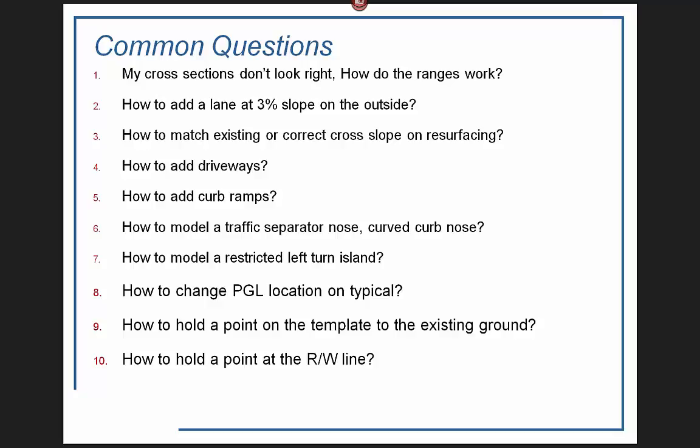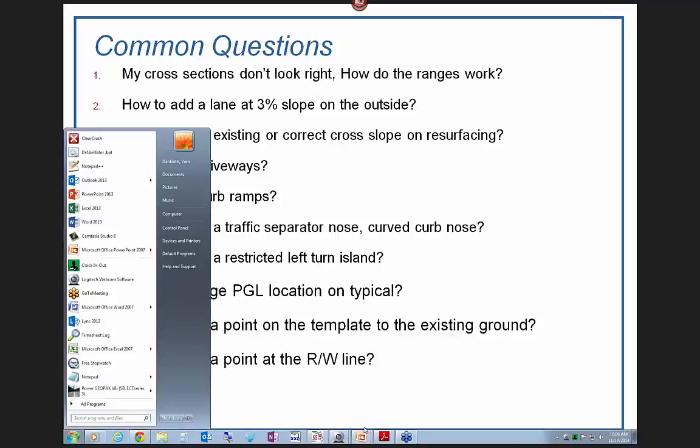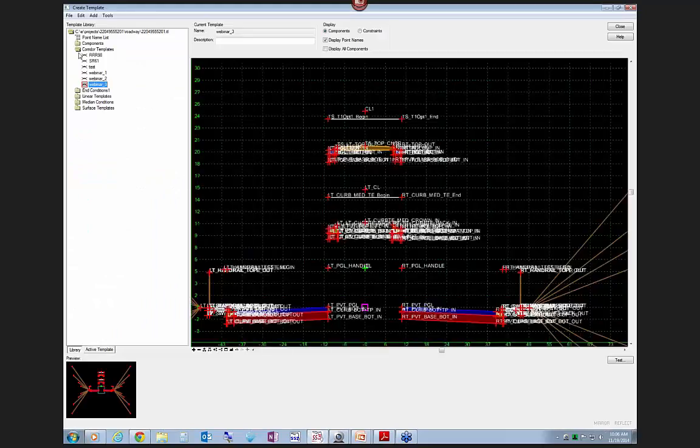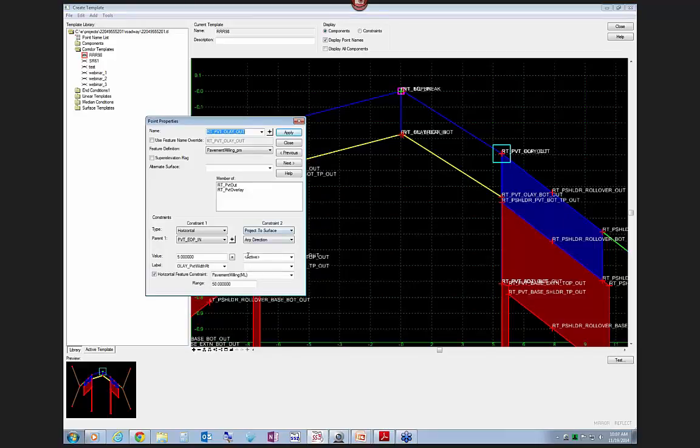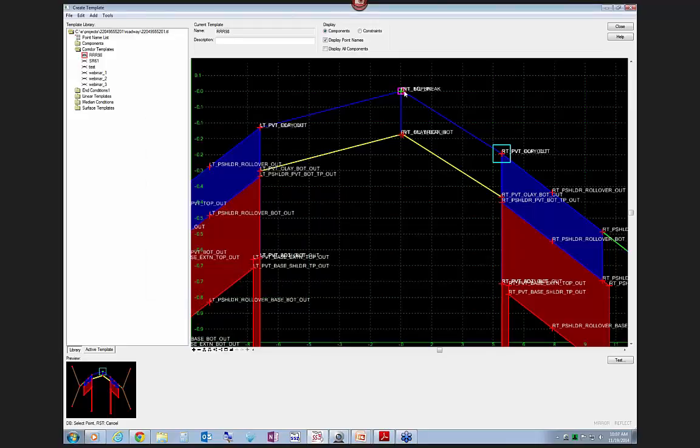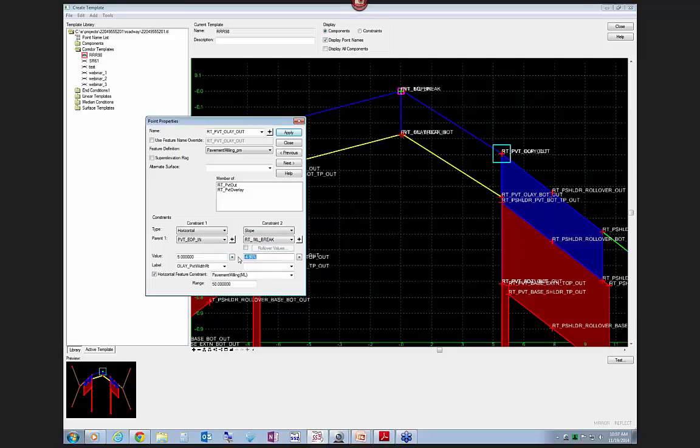That is as simple as editing that outside slope line, like for example in the corridor templates for the resurfacing. If you want to match existing between 2 points on your existing surface, then for your overlay component, you set the outside point to project a surface. If you want it to correct the slope, then you set the slope that you want it to be corrected to, and you have to make sure that it has a parent point,